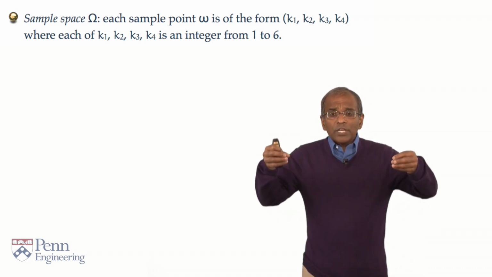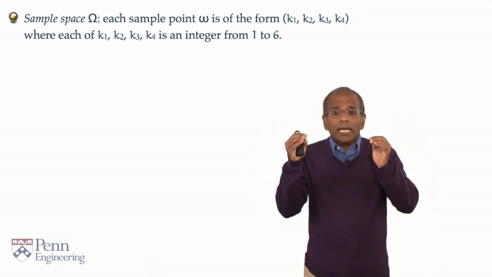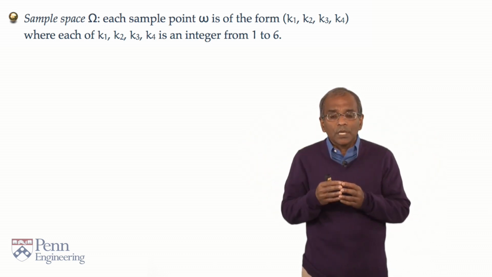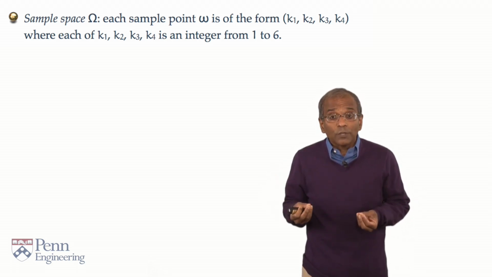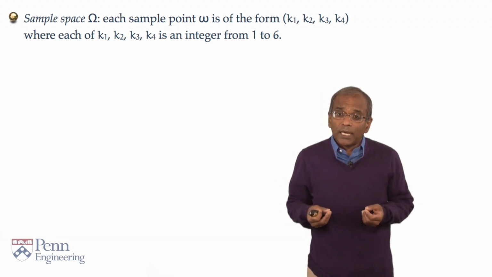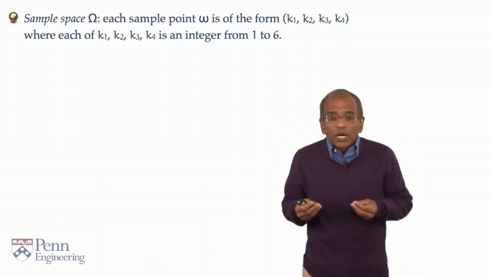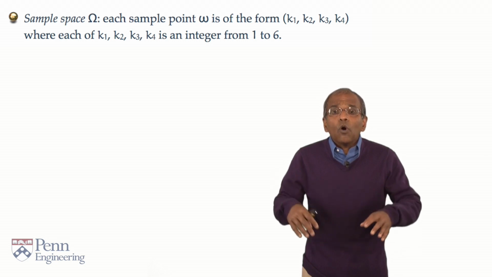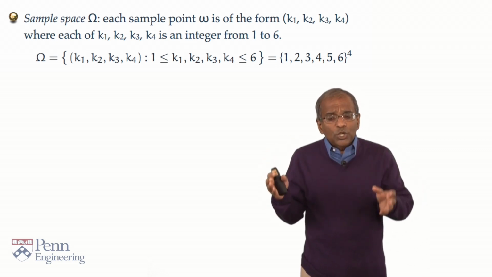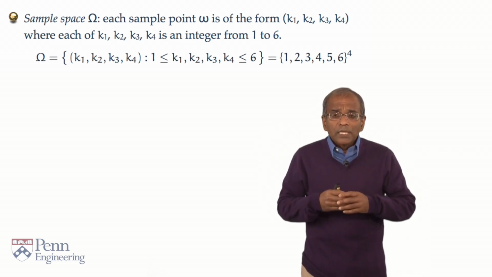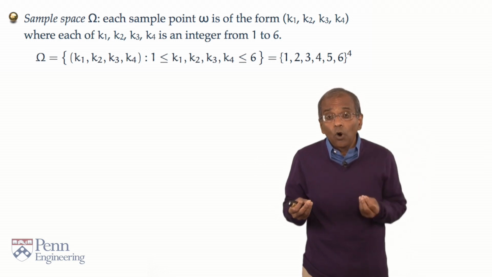Now, if one does this, then we simply label the outcomes, outcome by outcome for each of the 4 dice, and we then end up as an idealized outcome for the overall experiment with a 4-tuple of integers. Naturally, we'll give the integers names, say k1 for the first die, k2 for the second, k3 for the third, and k4 for the fourth. And this ordered 4-tuple of integers, where each integer runs between 1 through 6, forms all possible conceivable outcomes of this experiment. Now, the natural description here is in terms of 4-tuples of integers, but in principle there are a finite number of possible outcomes, in fact exactly 6 to the power 4 outcomes,